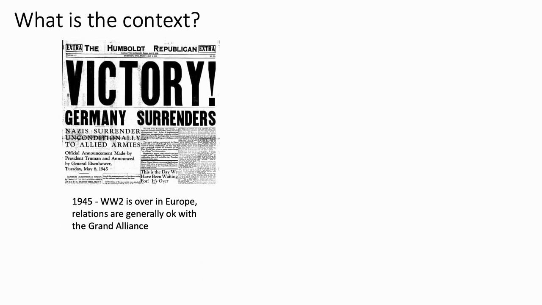So firstly, the war is over. Hitler's killed himself. The Grand Alliance is on relatively good terms. Potsdam was fairly good, apart from a couple of disagreements here and there. Obviously, there's a little bit of tension coming with the Americans testing the bomb in Potsdam and not telling Stalin, and obviously Truman coming along. A little bit of a different kind of relationship between America and Russia under Truman than it was under Roosevelt.